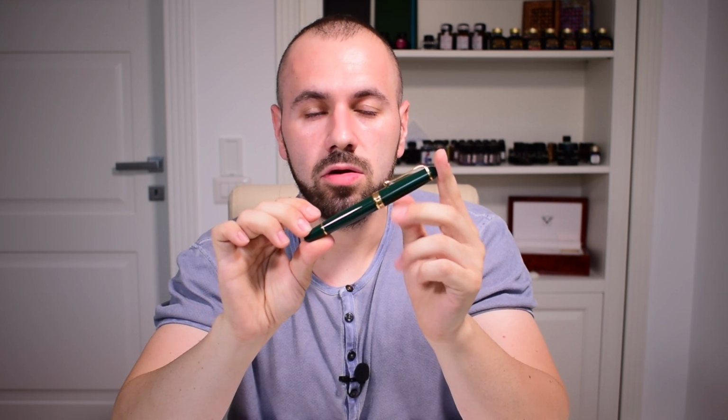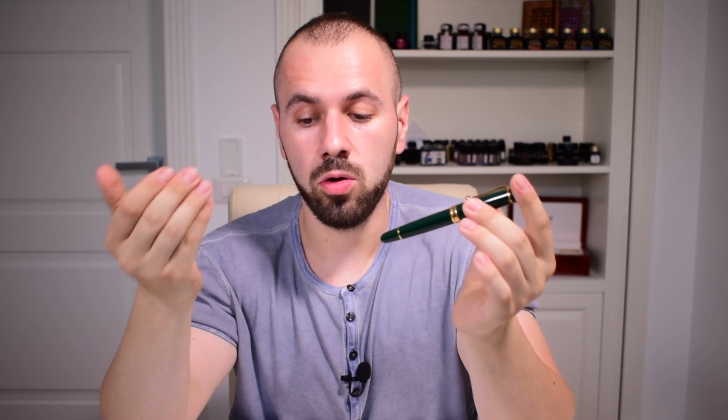Another very interesting pen that has a gold flexible nib is Aurora 88, or the Aurora nibs, because now you can find them on the Optima model as well. These nibs are very fun to have and to use. They do offer a bit of line variation, not that much, but overall they are very decent and you can use them in normal writing. So I do recommend you trying one, but keep in mind these nibs offer a hint of feedback. So if you don't like feedback, probably you will end up